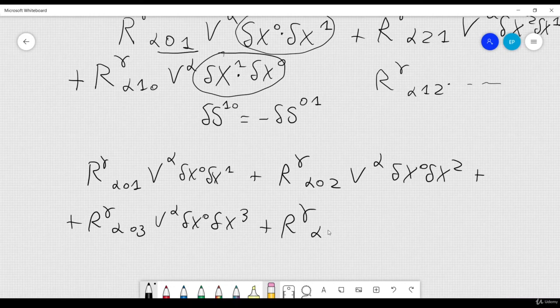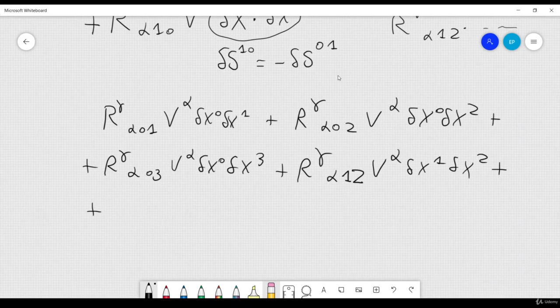Then you can have 1, but it should not be followed by 0, because otherwise it would cancel this term. You can have R11, but this term is equal to 0 if nu is equal to mu. So you can also start from 2. So you have R^γ_α,12 v^α δx^1 δx^2, plus